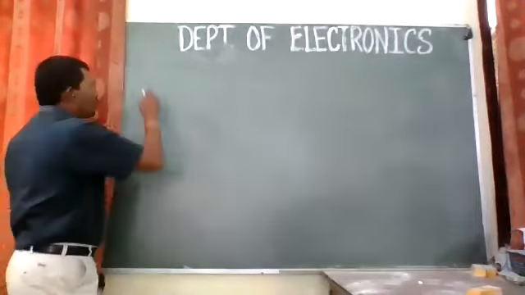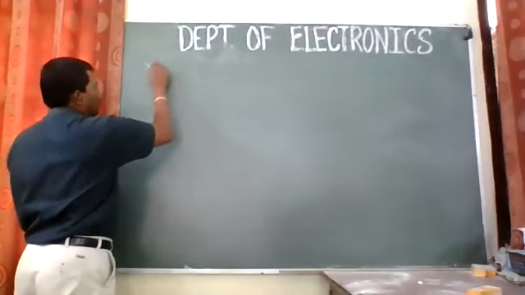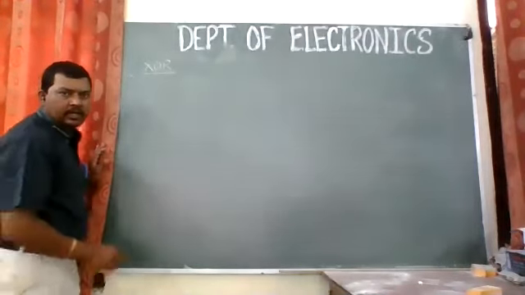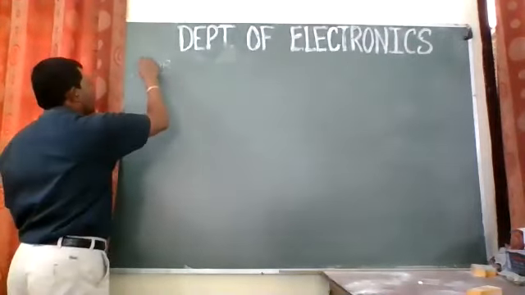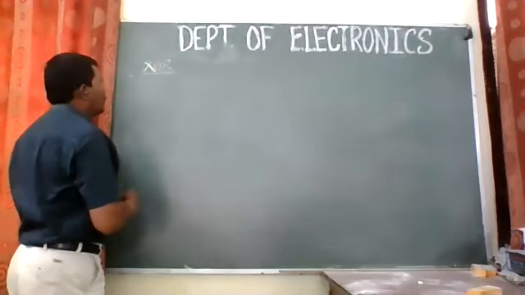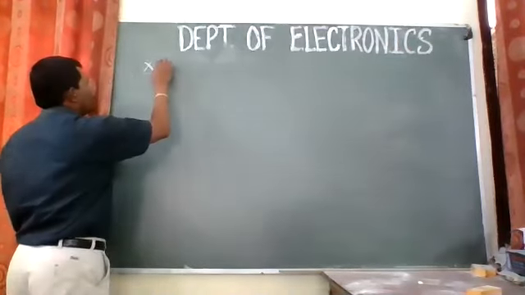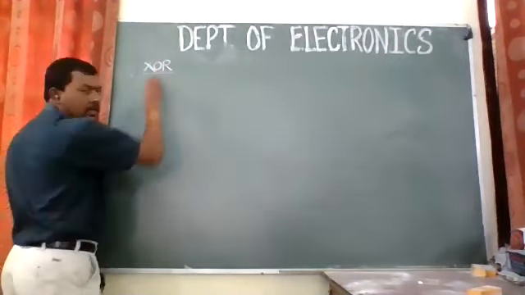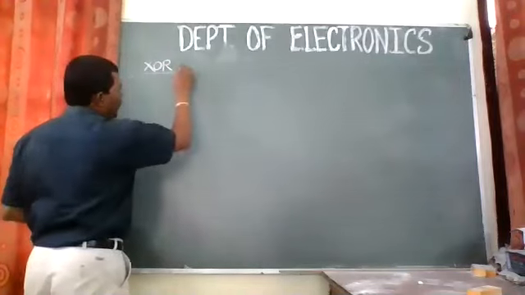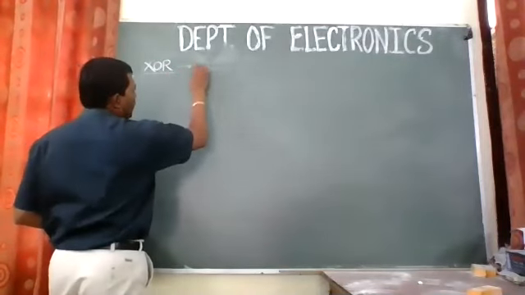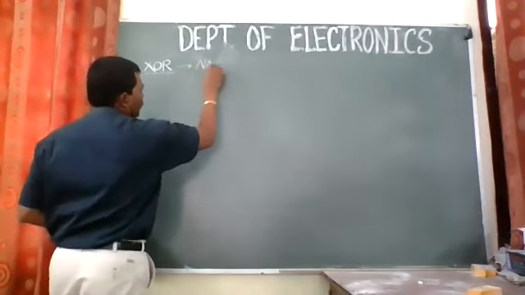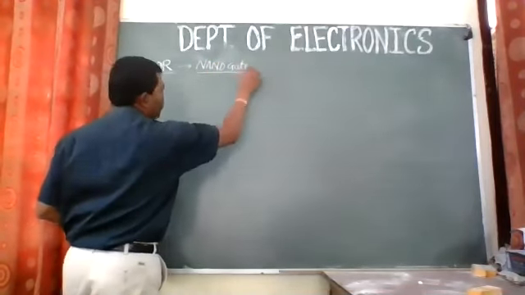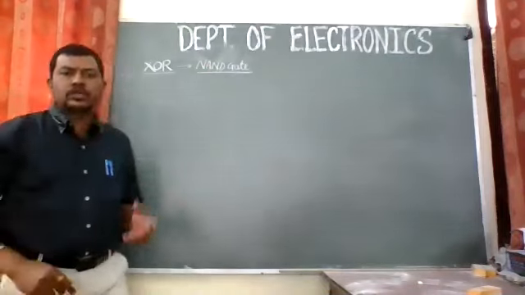Today we'll start with this. So we need to implement the circuit of the XOR gate. I guess it is visible. If it is not, kindly keep me updated so that I will try to write a little bit darker. I guess this is visible. So XOR gate using NAND gate, right? How are we going to implement that? XOR gate using NAND gate.